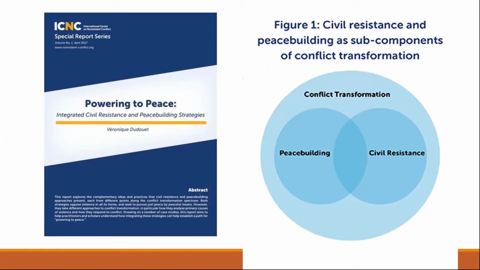And I think we could also look at conflict transformation as peace and conflict studies as the broader field that includes attention on peace building and civil resistance. And it's a Venn diagram, in that civil resistance is not typically used without any skills of peace building. Peace building often has practical applications as part of building negotiations after power has shifted. The power balance has shifted because of civil resistance.